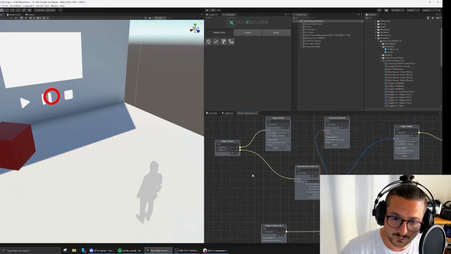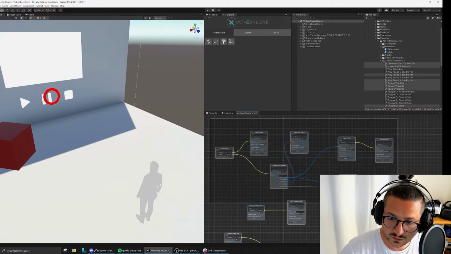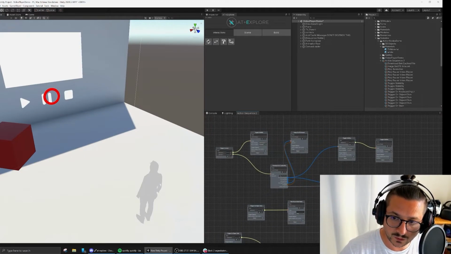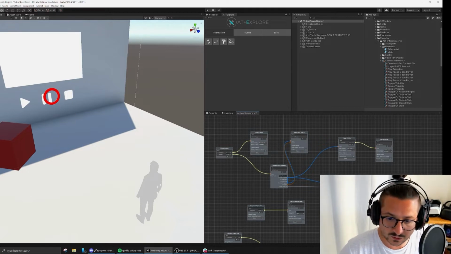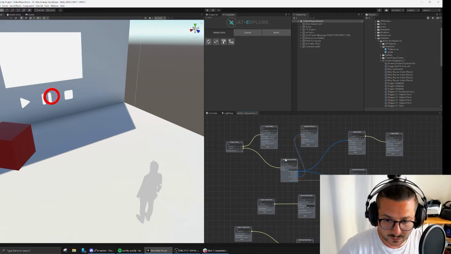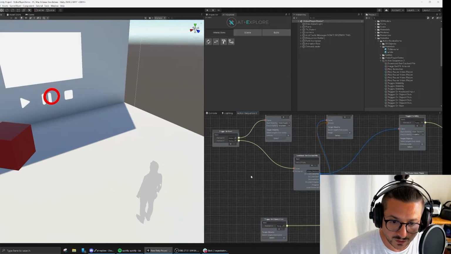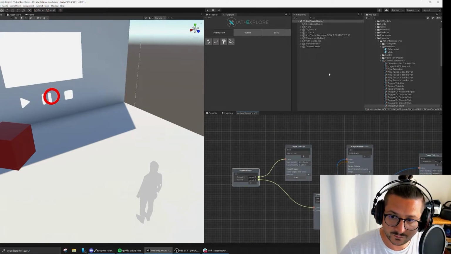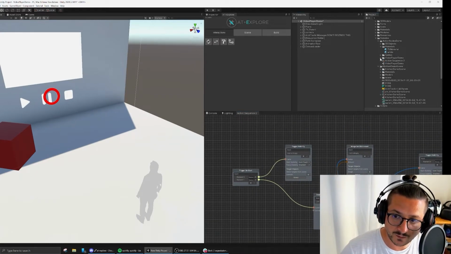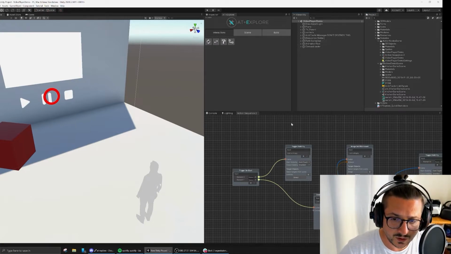So this part over here is not mandatory for the creation of a video player. But let me explain what is going on here. So basically, we don't have a video in the application for this particular scene, and so